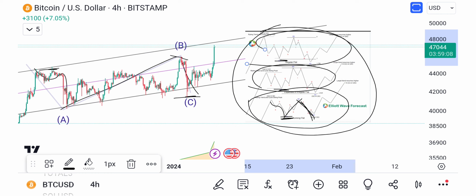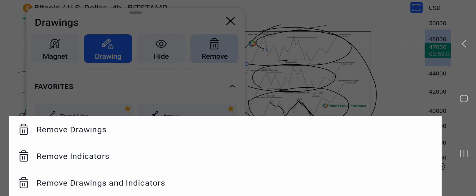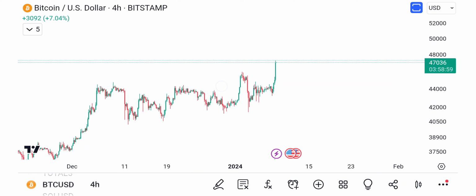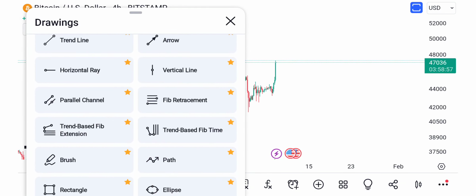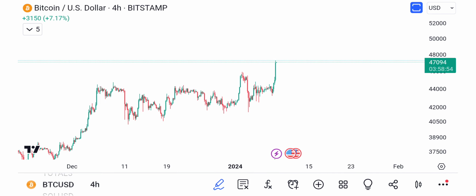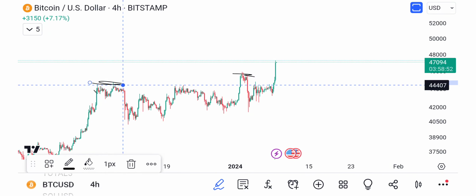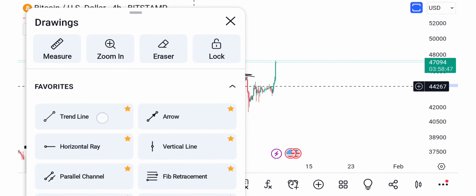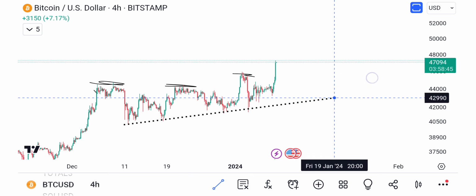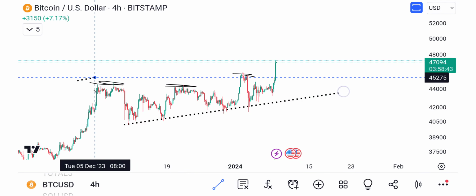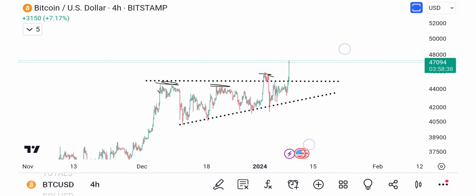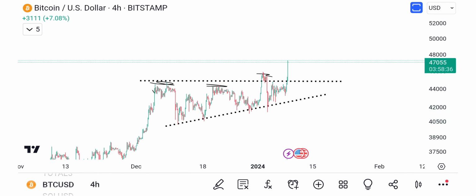So we have a running flat, and that's one of the ideas that was being drawn up there. So now we know it's a running flat, and the correction obviously is over. Why? Because we took out the top, we took out the top, we took out the top. Done. And then also, we could go back to our ascending triangle. Remember that, right? Now it looks better. Now it looks more completed.